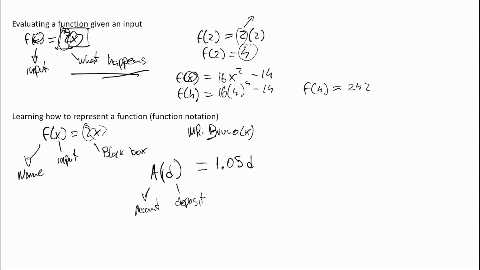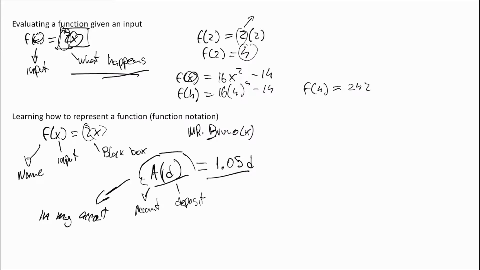So I take my deposit, multiply it by 1.05, which is the increase that I get, and then my output will be the amount of money that I have in my bank account. So I deposit a determined value. My determined value is multiplied by 1.05 inside, technically, my black box, and then my output will be all this. My output will be the amount that I have in my